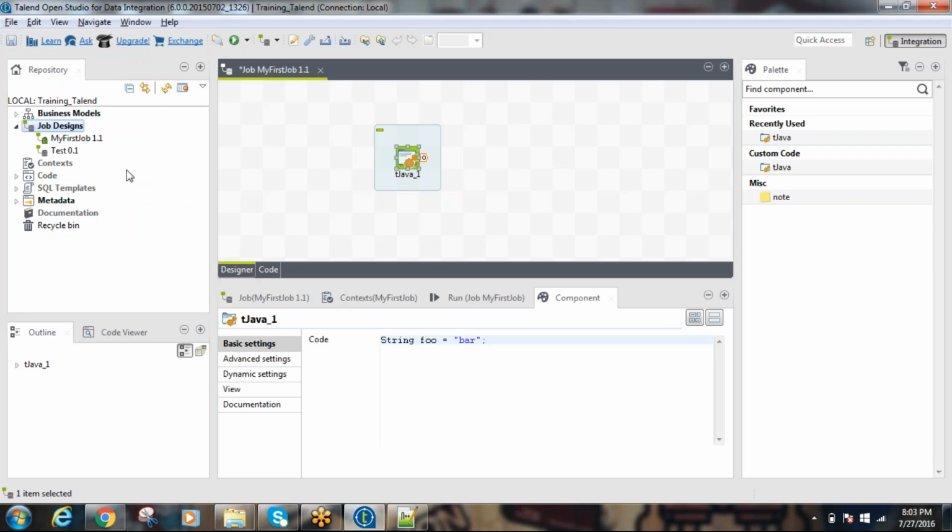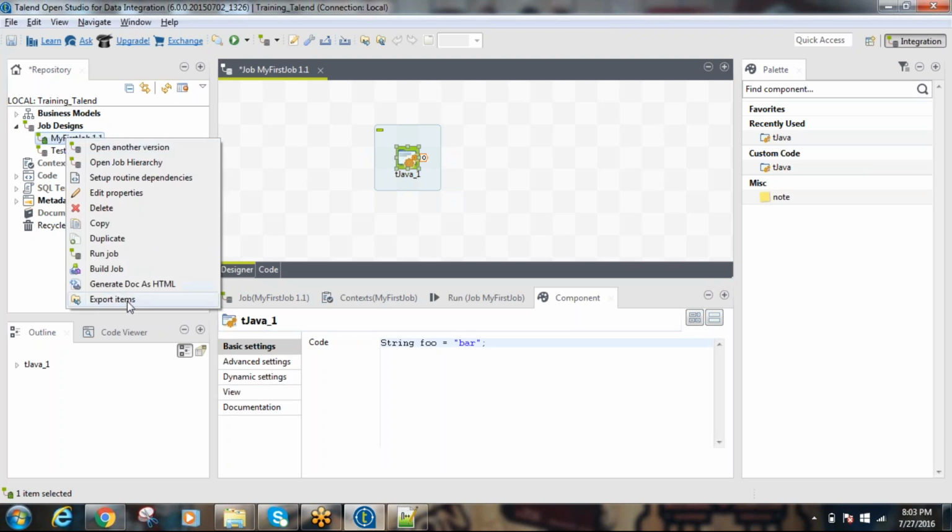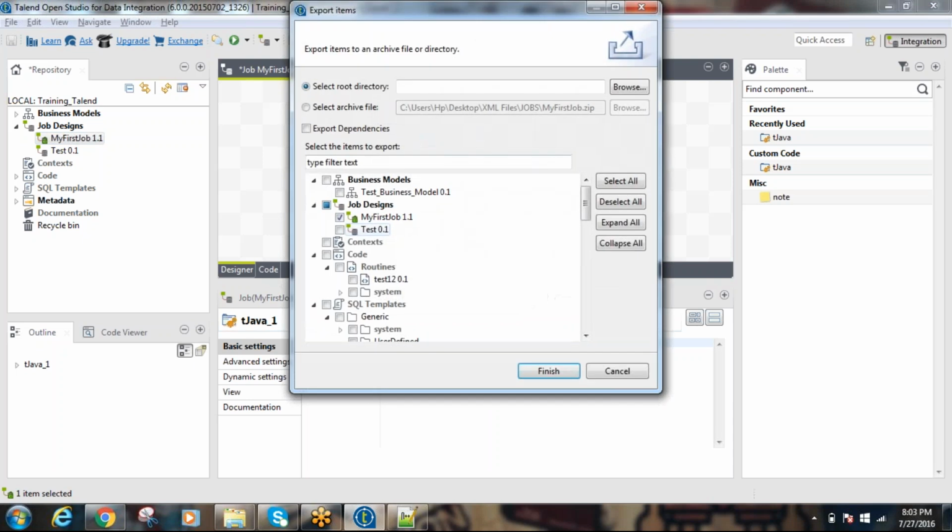Any questions? Yeah, clear. One question I have: the build job does the compiled version of the code, which actually exports the zip files with all the dependencies, in a compiled mode, ready for execution. Whereas the export item is also doing the same thing, and it gives the option whether you want dependencies or not. The only thing I want to know is why we are not talking about compiled code there